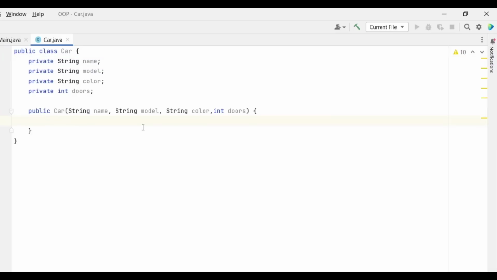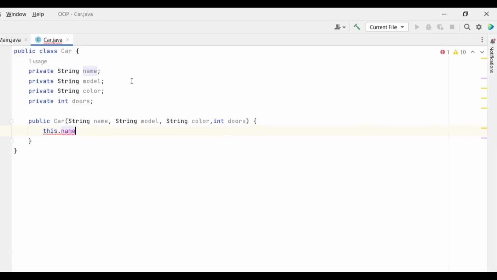So what we need to do here now is to type this, and this is used to refer to the current instance, and an instance is an actual object created with the model, with the template car. So you're saying here, hey, assign to this dot name. As you can see, it has this one usage, because now we are using this on line 8.